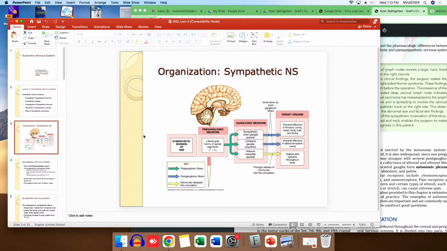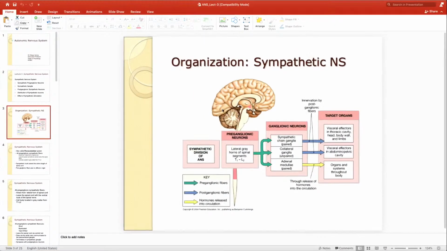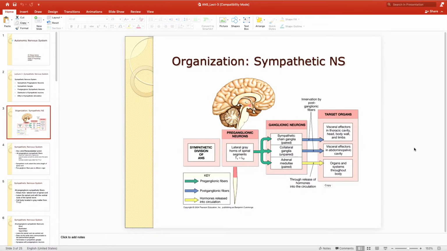So to talk about the sympathetic ganglions, where they are located and how they are located, let's say we have the sympathetic division. We have preganglionic neurons. Mostly they are located in the lateral horns of our spinal cord, T1 to L2. And they are dividing into the ganglionic neurons, like the paired, unpaired, or paired,